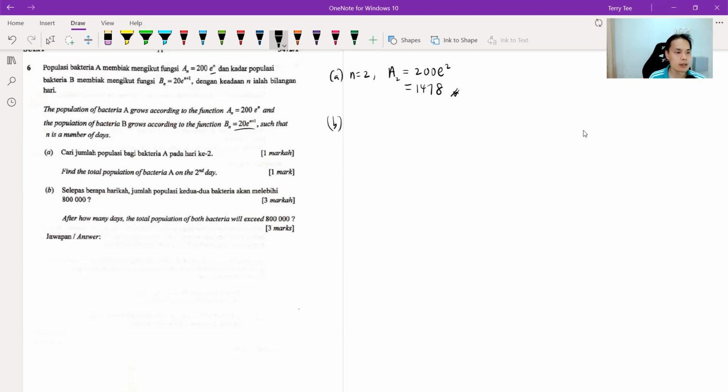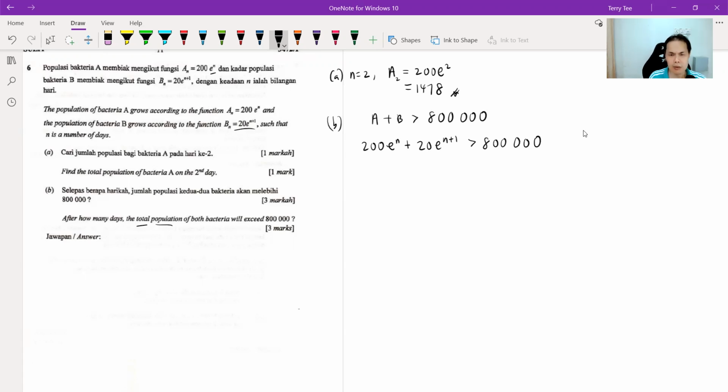Okay, next. Part B. After how many days the total population of both bacteria will exceed 800,000? Now, the keyword is total population. That means your A plus B must exceed 800,000. Now, the function for A is 200 E power n. For B is 20 E power n plus 1. And this is greater than